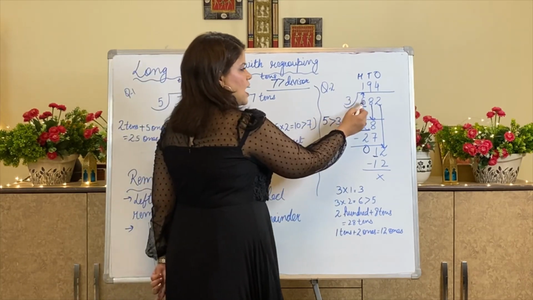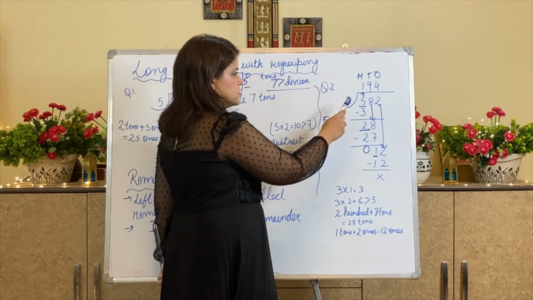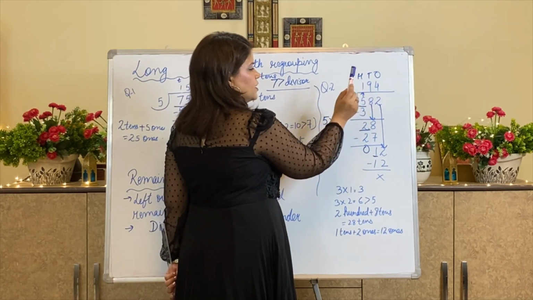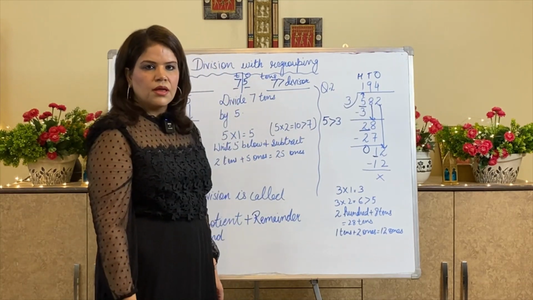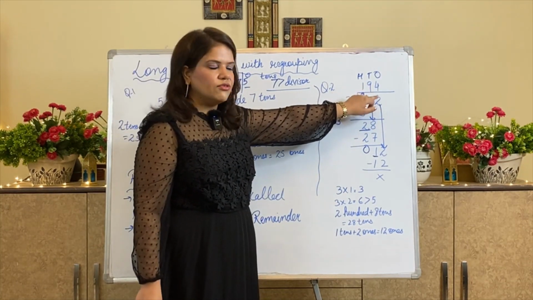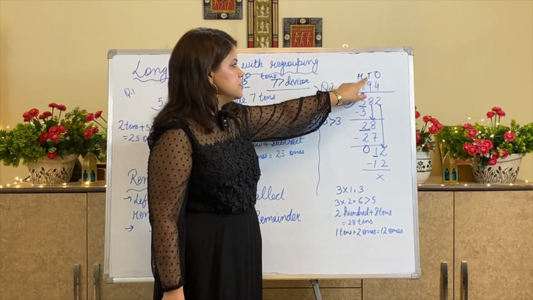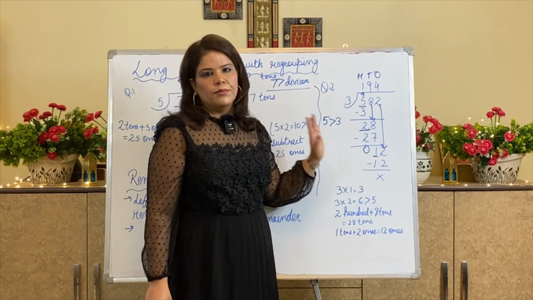So you can see that above 100 a quotient of this number has come, above 8 a quotient of this number has come, above 2 a quotient of this number has come. Understood? So these are 3 numbers. In the quotient I am getting 3 numbers. So I will write hundreds, tens and ones. This will go in this way and one by one we will break them down.